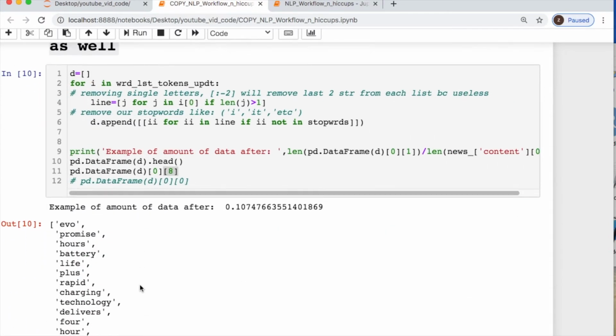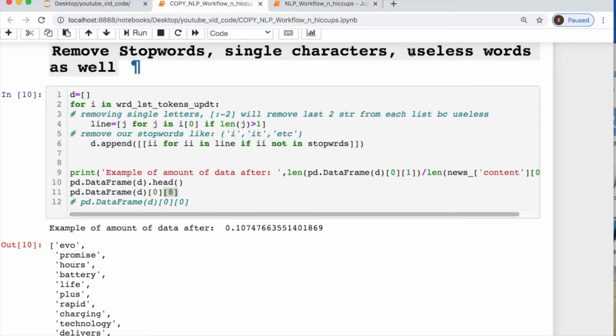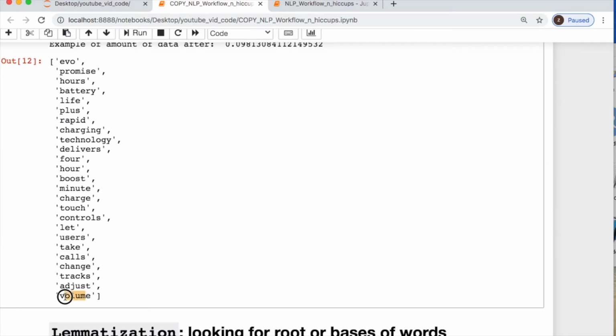All right, we're doing pretty good. There's something I wanted to show. Since we're getting rid of useless words, let's get rid of that ellipsis and that other stuff, which I totally neglected to do. If you notice, now we don't have that junk anymore, because what I did was take out the last two entries of each one of the lists, which was the ellipsis followed by the chars, which are your characters,